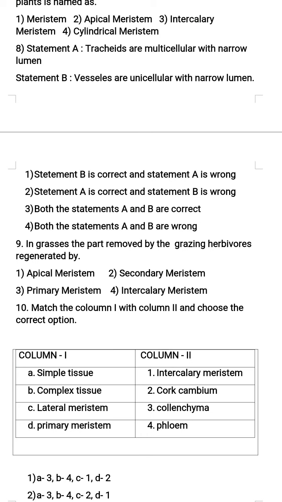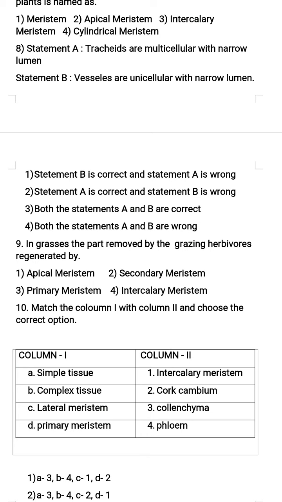And one more important unique point here, gymnosperms lack vessels in their xylem. Make sure this point must be clear to everybody. Now let us see the characteristics of tracheids. Tracheids are elongated or tube-like cells with thick and lignified walls and tapering ends. Next, these are dead and without protoplasm. Next, the inner layers of the cell walls have thickenings which vary in form.